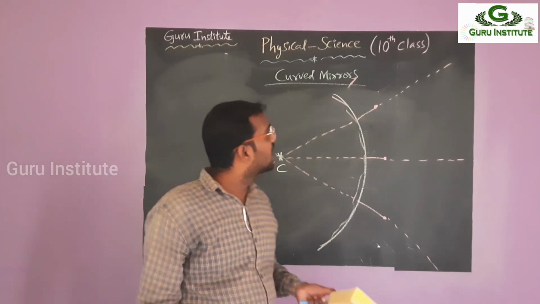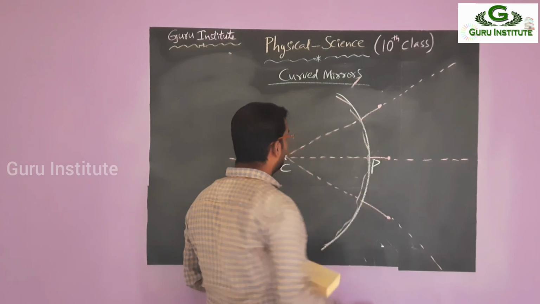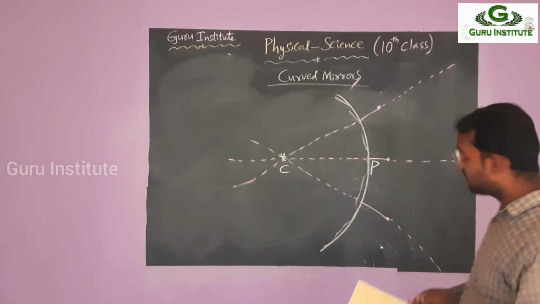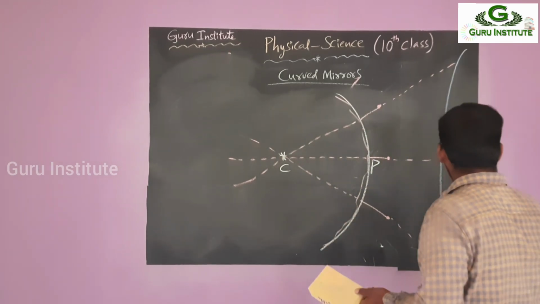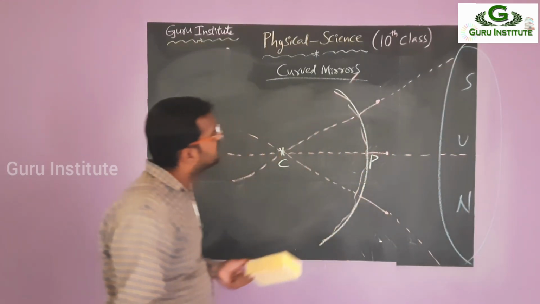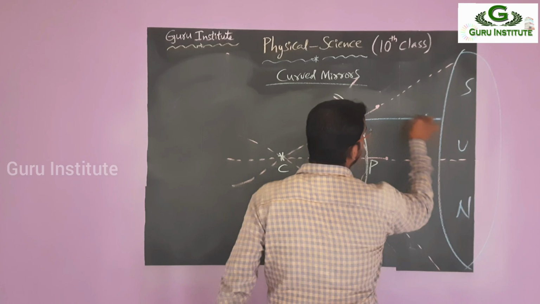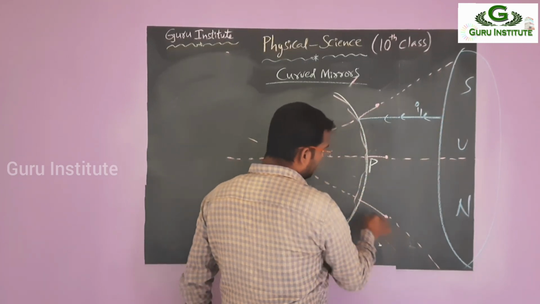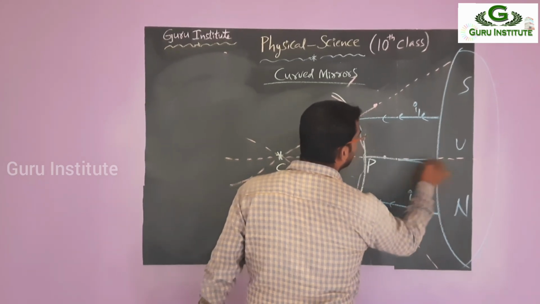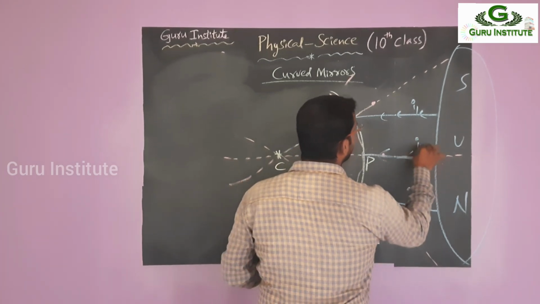So this is the center of curvature. Now let us observe the formation of image here. As usual, this is the pole, this is the center of curvature. Now we have to observe the focus and formation of image. Again, what is our main light source? The Sun. I am taking the Sun picture here, and like the previous case, I am taking parallel rays. The first ray is I1, the second is I2, and the one through the principal axis is I3. So I1, I2, I3.